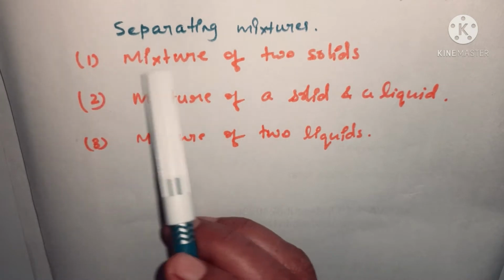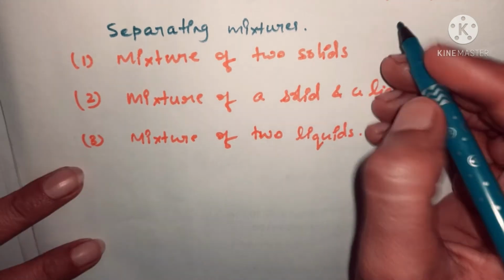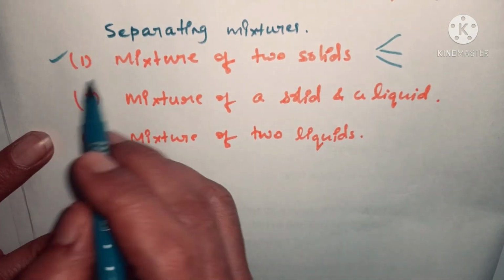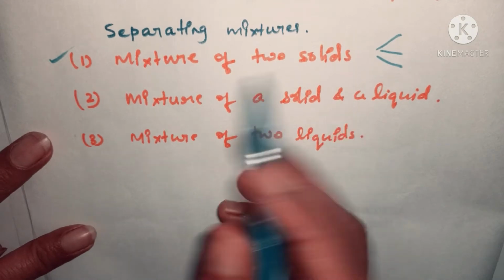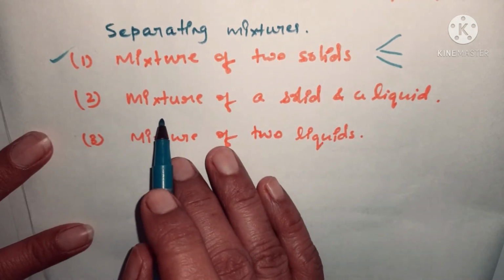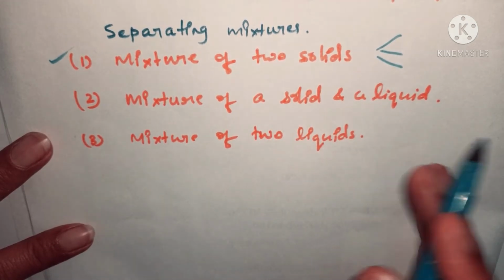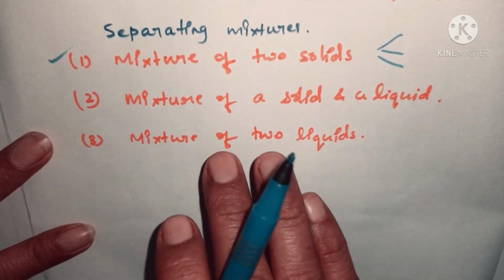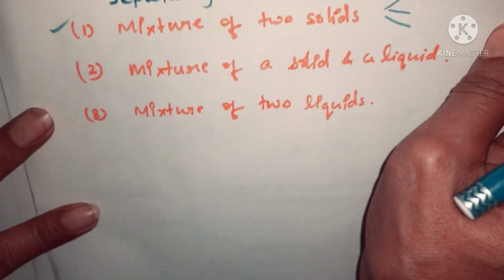The very first category was mixture of two solids, which we have gone through in the previous session, and in this category we have seen the three methods of separation. That is almost all done, finished by us, and now we are heading towards the second category, where we are going to understand how to separate a solid and a liquid component from a mixture. That means the mixtures of solid and liquid. This is going to be our topic for today's session.